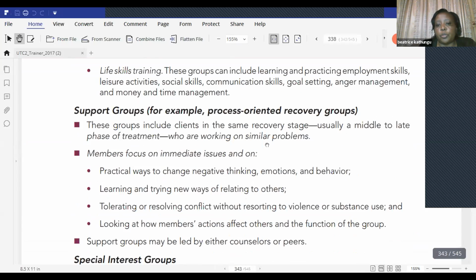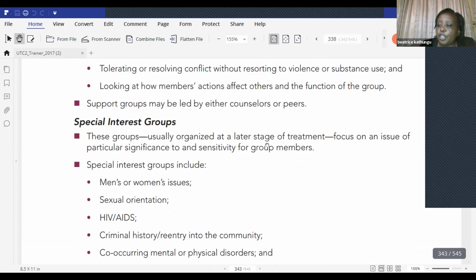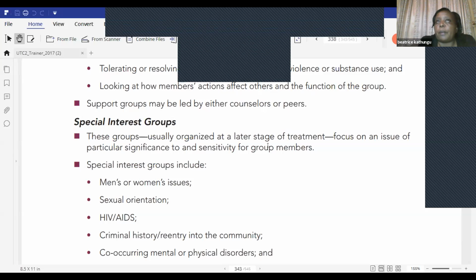And finally, of course, we have support groups, which identify people who have certain issues. They are a little more intense than the psychoeducation. We also have special interest groups. For example, within your center, you have some clients who have unique personal issues. You might have clients with HIV/AIDS, so they have, in addition to the SUD, issues of HIV. You might find clients with co-occurring disorders in addition to SUD. That may form another special interest group for those types. And so it's a wonderful approach. It's a wonderful technique, but it can be misused.